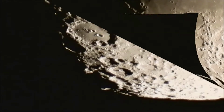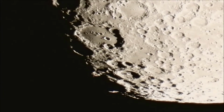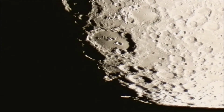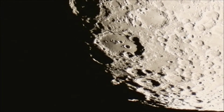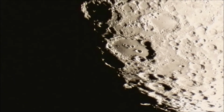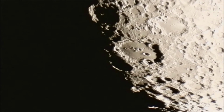And a good spot to watch is the Terminator line. So let's start off right here. Now if you look in the lower part of the screen, the first thing I wanted to point out is there is a small tower in one of the smaller craters. I'm not going to use the cursor and point everything out to you. I'd encourage you to feel free to screen capture any images you want from this video and play around with it on your own. But in that large crater there, if you look carefully,